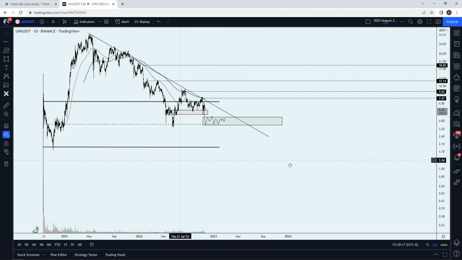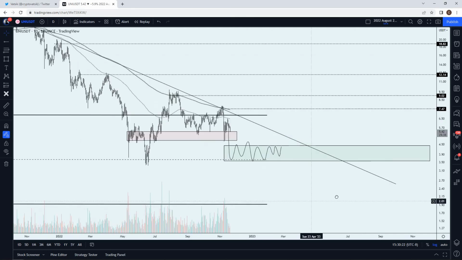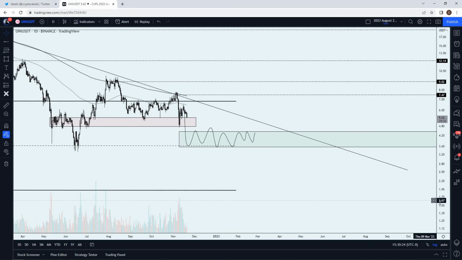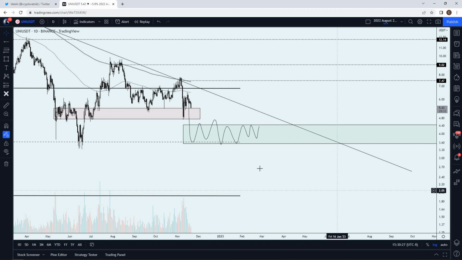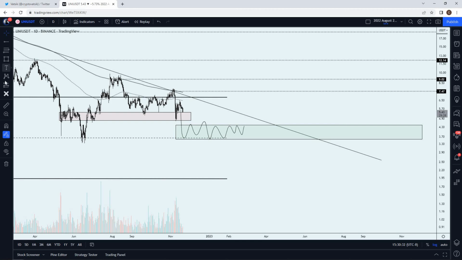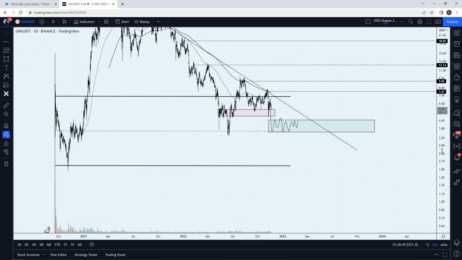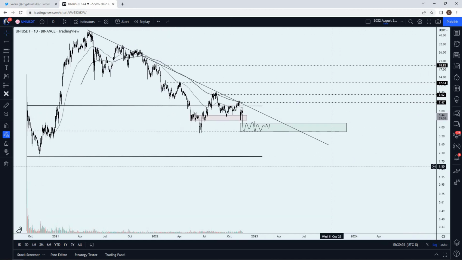This market is very hard to trade. If you're learning how to trade, it's best to do paper trades in this type of environment, in my opinion. Meaning fake trades. Don't actually put money on the line unless you're extremely confident in using your risk management very well. It's going to be difficult to trade this, and the tough part is sniping good entries that have good R&R, because drawdowns from this area down to even this low over here are around 30%. So they start to get really significant. Just be careful when you're trading this, unless you have a long-term mentality or vision of that accumulation I'm talking about.